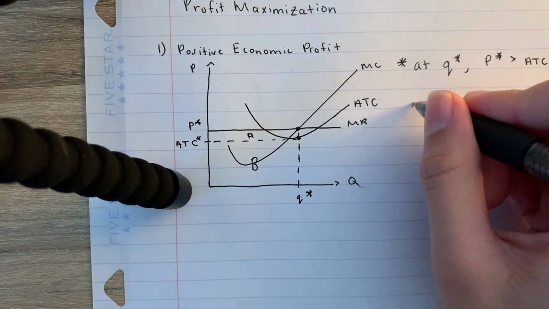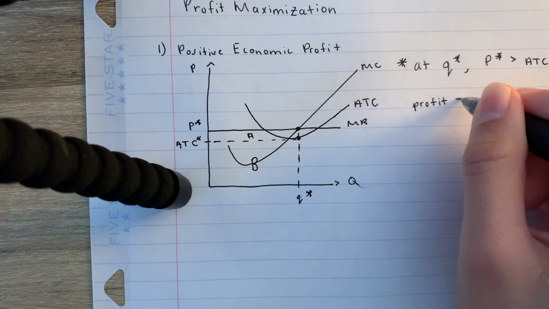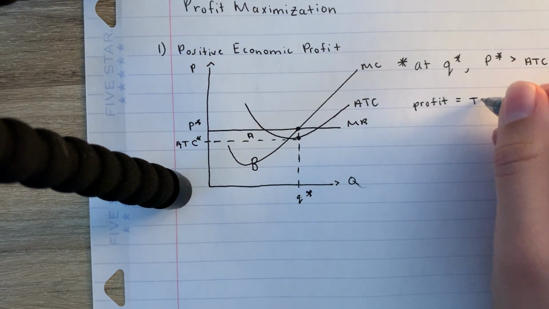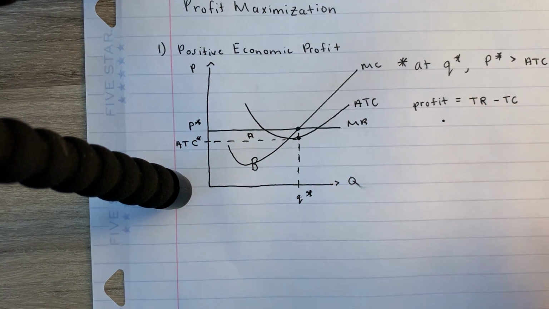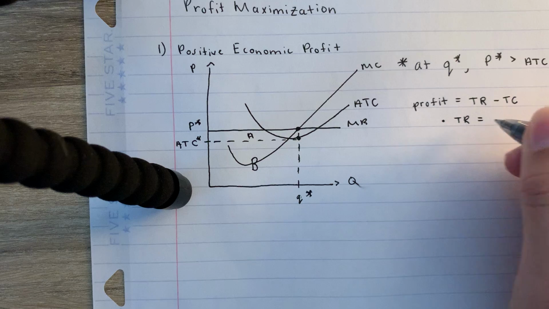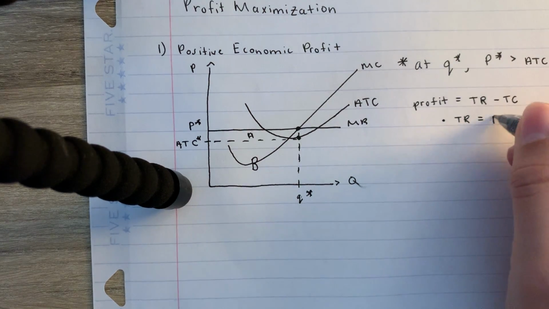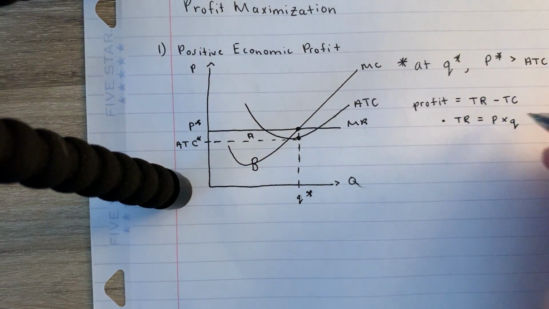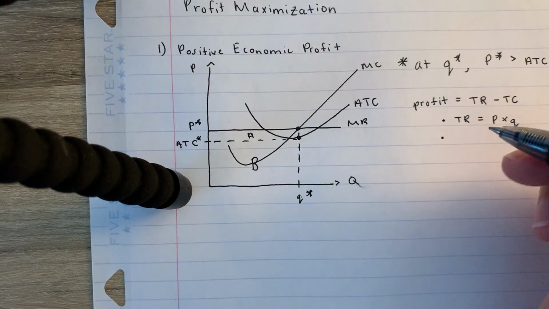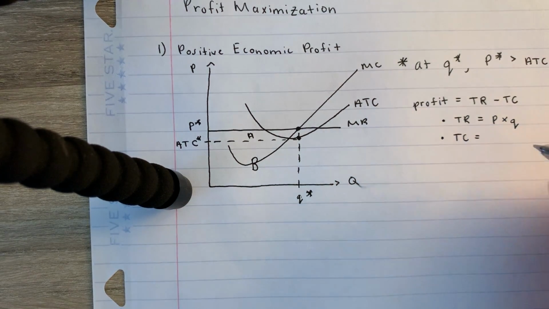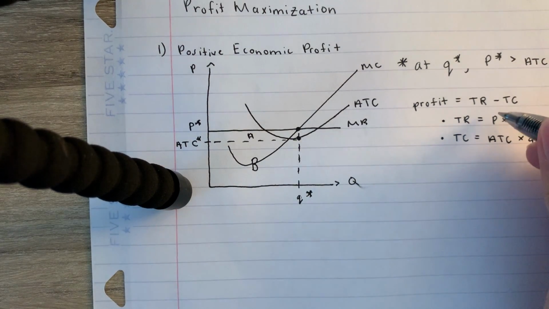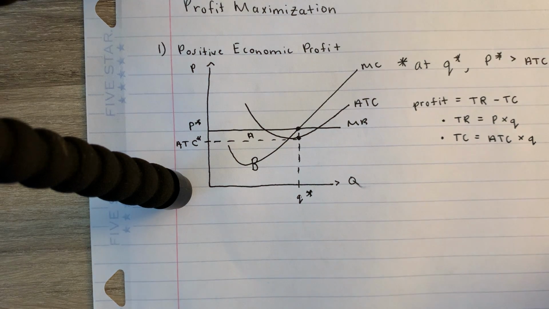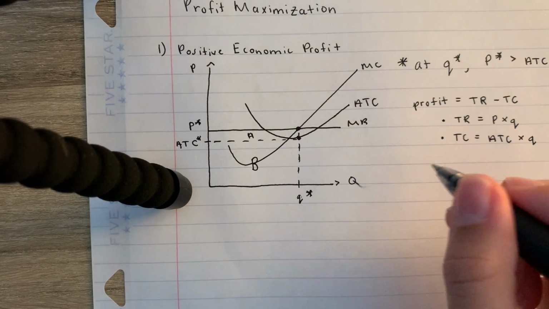So how do we find profit? Profit is equal to total revenue minus total cost, where total revenue is equal to price times quantity, so P star times Q star. I'm just going to leave the stars out to make it a little bit more simple. And then total cost is equal to average total cost times Q. And again, the stars can be here. I just don't want to make it cluttered, so we're just going to leave that out. And so that gives us profit